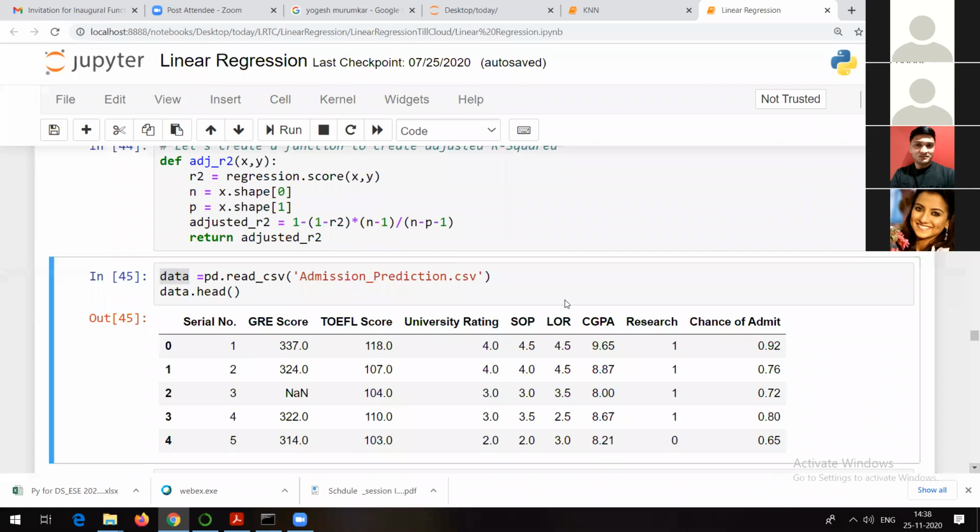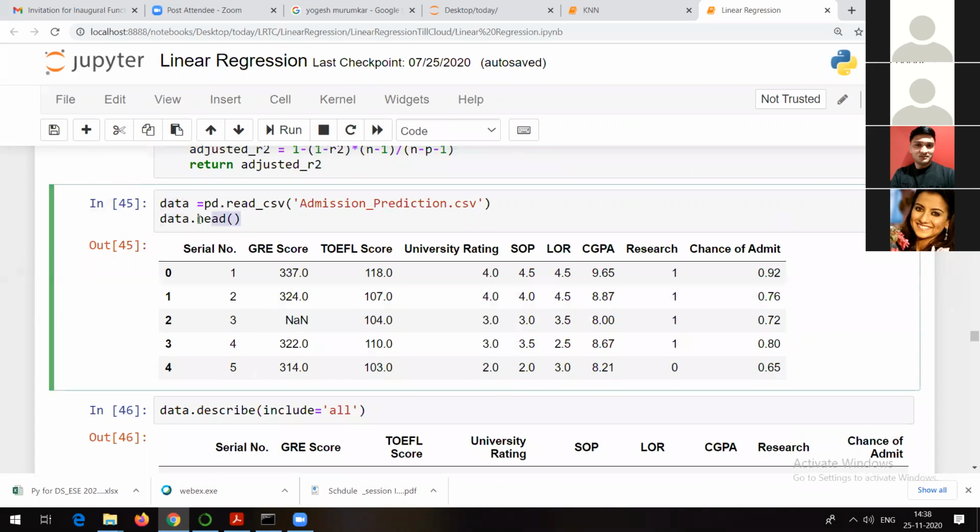So you can see the data.head command. You might know that the head command by default shows you the first 5 rows in Python, and in R it shows you the first 6 rows. The head command is actually taken from basic Linux commands, where it shows you the first 10 records.